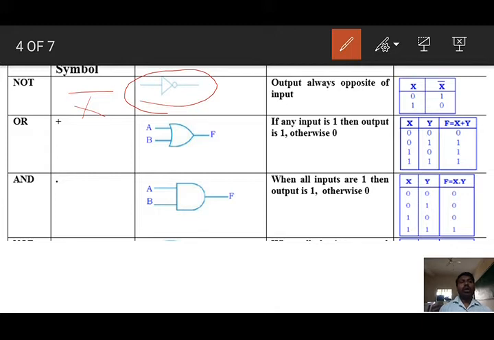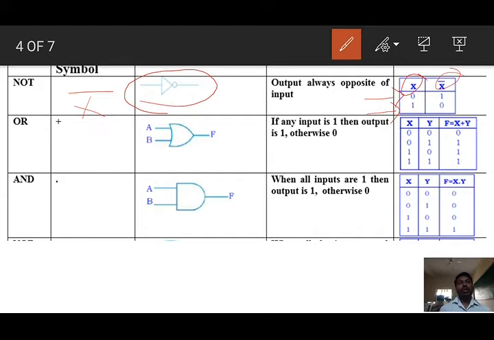My dear students, once you understand the output condition, then it is very easy to write the truth table. In a previous lecture video, I told you very clearly this chapter is purely logic oriented. At any cost, don't try to mug up any concept. Now we will see the truth table. X is the input signal, X complement is the output signal. If you give 0, you will get 1 as an output signal because the complement of 0 is 1. If you give 1 as an input signal, you will get 0 as an output signal because the complement of 1 is 0.